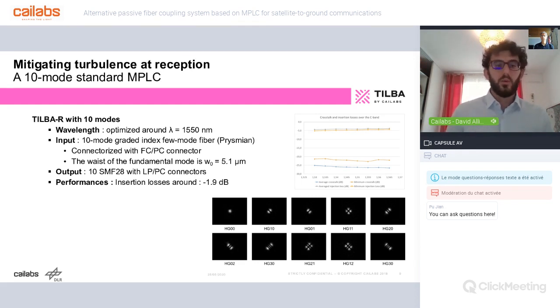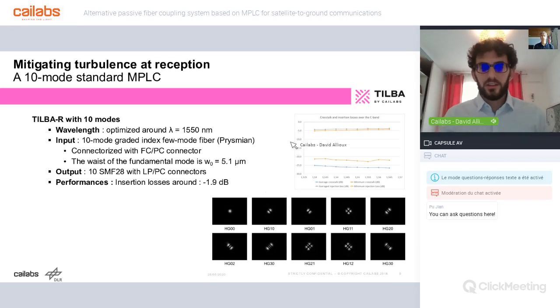It's relatively standard. We use an FC/PC connector at the input of the multimode fiber, and we use 10 single-mode fibers at the output. So when you look at the component, you have the FC/PC connector, the multimode fiber, the multiplexer, and then FC/PC connectors after your single-mode fibers. So it's relatively easy to install. You just screw it in there, and that's all. In terms of performance, it's also important to say that the insertion losses were approximately minus 2 dB, something you need to integrate in your overall optical performance.